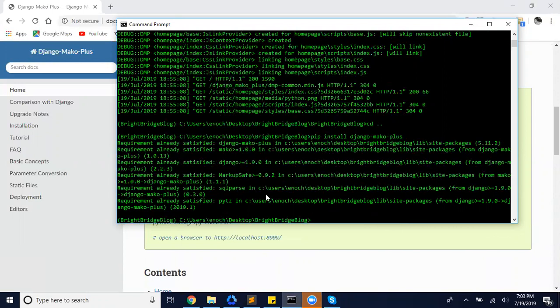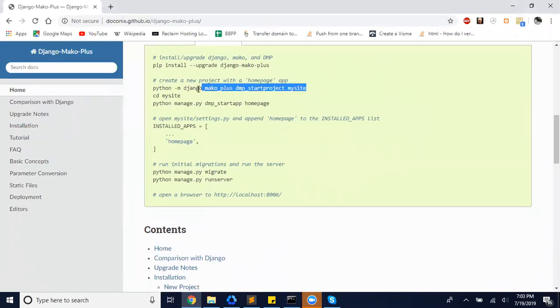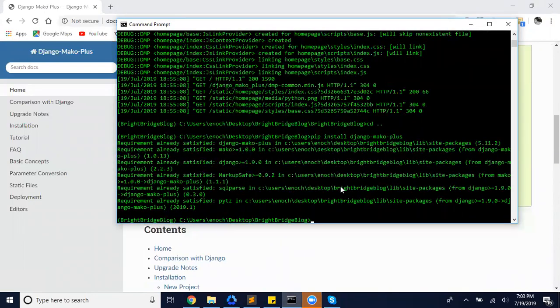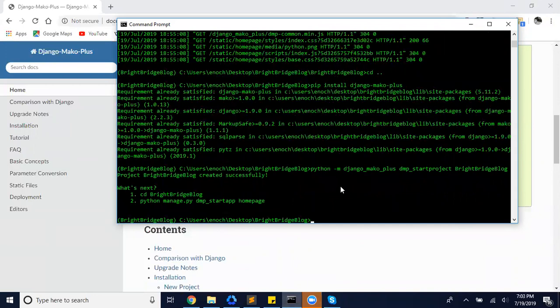All right, so the next step is creating the project. For that, we'll just be running this command, python -m django_mako_plus dmp_startproject, and then the name of the project, BrightBridge Blog. And here in a second, you'll see it's created successfully, and then it'll say what's next. You're going to cd into BrightBridge Blog, and then run this command,